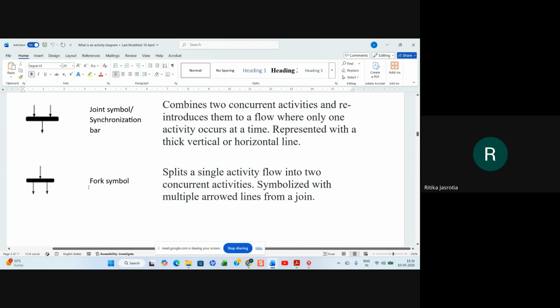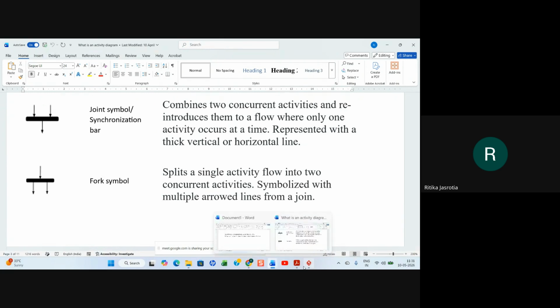Okay, it is the fork symbol, right? Fork symbol splits a single activity into concurrent activities. Yes, ma'am.